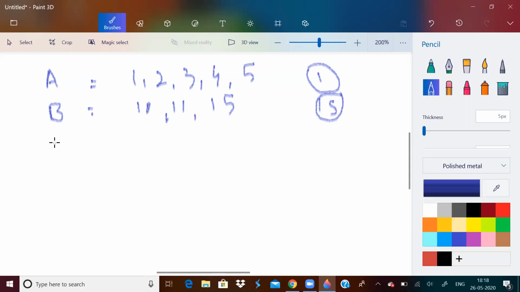So what will my output be? Initially, I will print the index of the minimum with all the indices: 0 0, 0 1, 0 2. So how many pairs are done now? 3 pairs are done. How many do I have to do? N plus M minus 1. 5 plus 3 minus 1 is 7. I need to do 7. So 4 more are left. So how to do those 4?